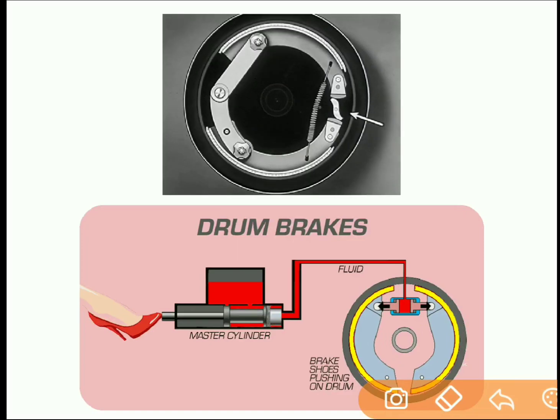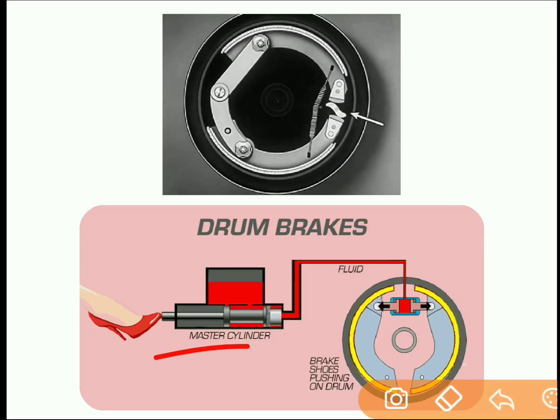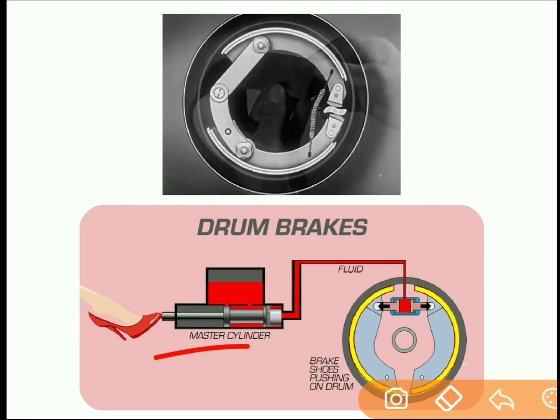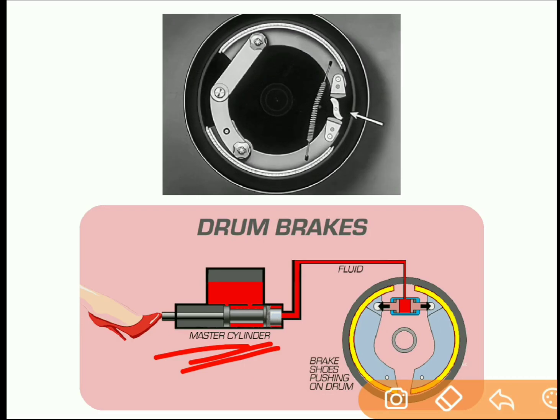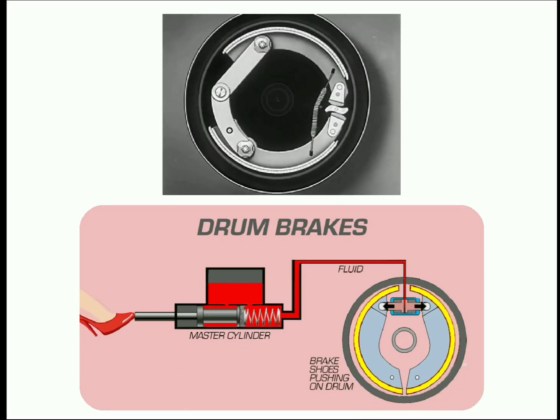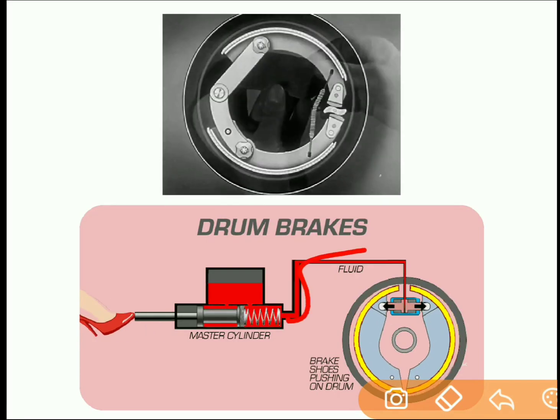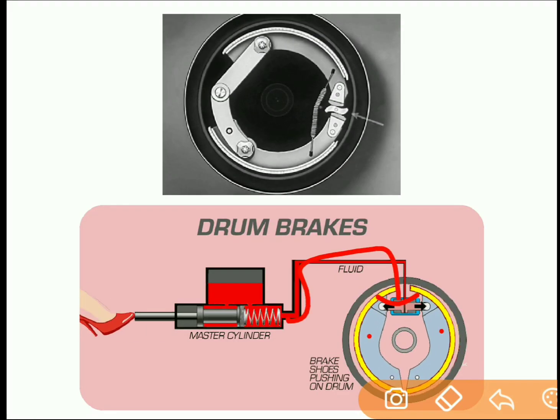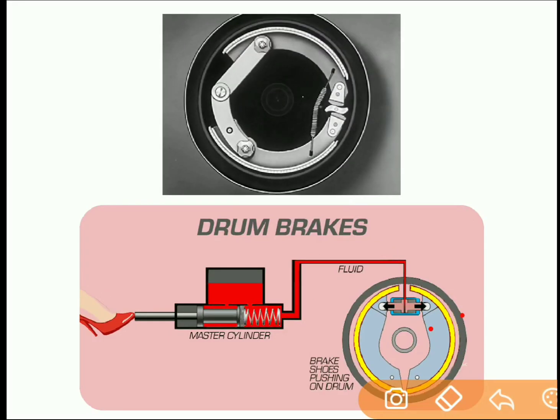Another animation of the drum brake, the internal expanding shoe brake, is also considered a drum brake. In this case, the lever is operated with the help of a master cylinder, and there is a fluid which is compressed, and this compressed fluid causes the internal shoes to expand, and as these shoes expand, they come in contact with the drum and the brake is said to be applied.